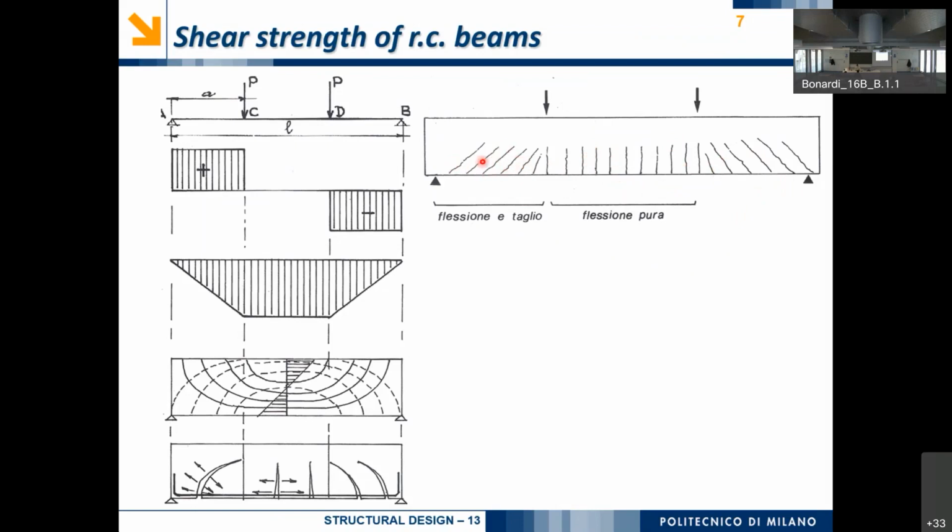Why? Basically, we have seen that the crack here is vertical. Why is it vertical? Because it is always orthogonal to the direction of the tensile force. Okay, let's focus on the central part of the structure, and it is better highlighted also here. Let's consider a generic cross-section in the central part of the structure. We can draw the strain diagrams, and so we know from the Bernoulli-Navier assumption that what was